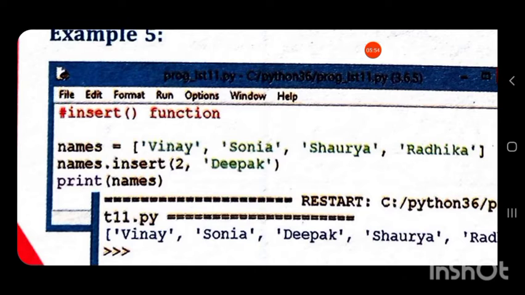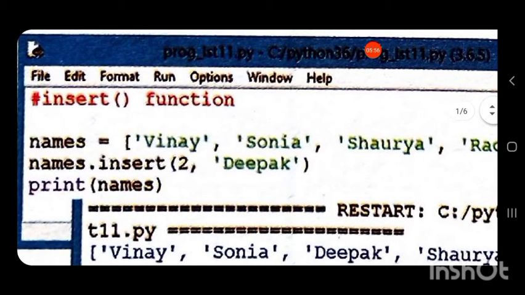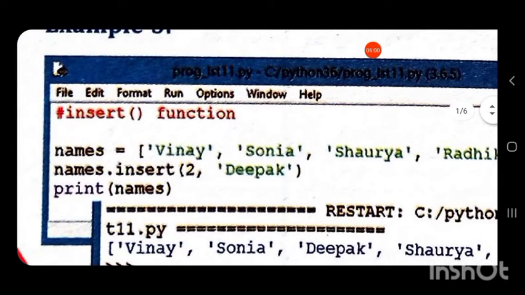The first one is the index position, that is 2, and the value to be inserted. The value to be inserted is the name Deepak. The next statement is print in brackets the list to be printed. The name of the list is names.